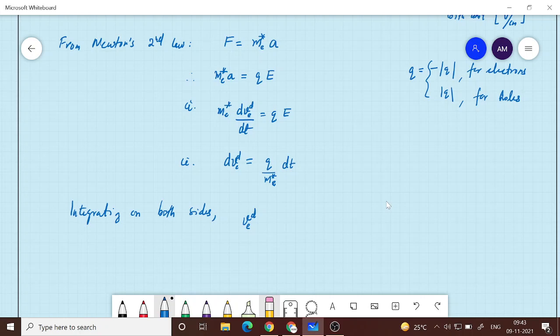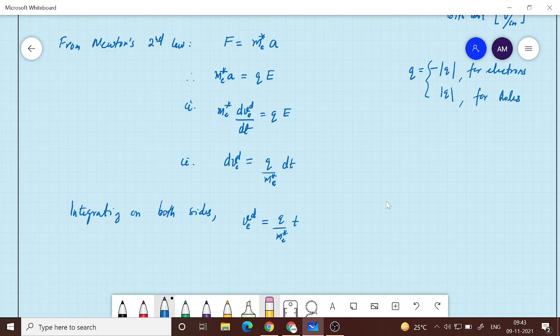So drift velocity, you will get it as a function of time, Q by M E star into T. Okay, so I integrate from 0 to T, which is a definite integral, and so we assume